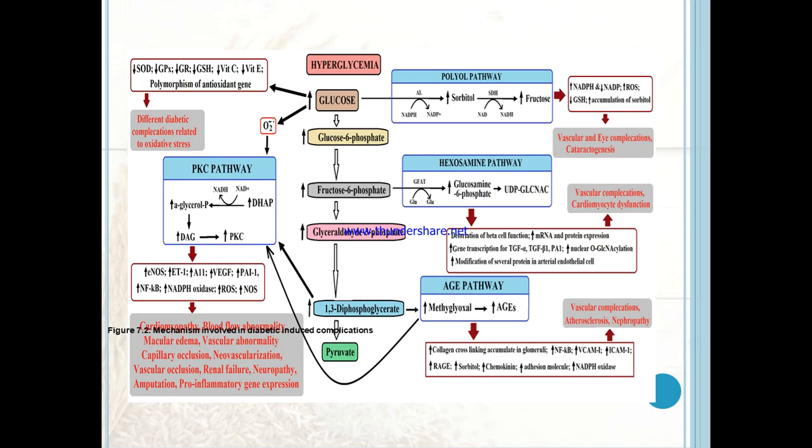Now, as we know, diabetes mellitus is also responsible for different types of diabetes complications. Here, if we see the different types of antioxidants, there is depletion of the antioxidants, and due to the depletion of the antioxidants, this results in oxidative stress. Whenever we are discussing diabetes complications, there is involvement of three major pathways. There is the PKC pathway, and through this PKC pathway we can observe that there is an increase in